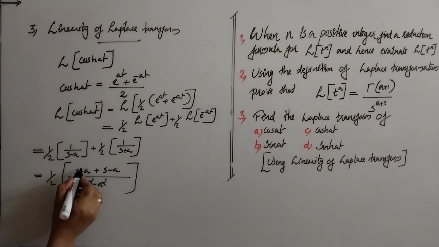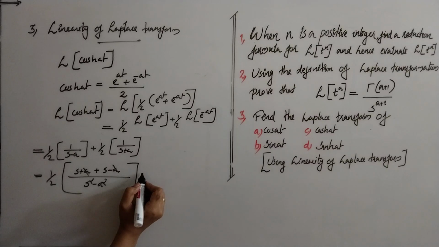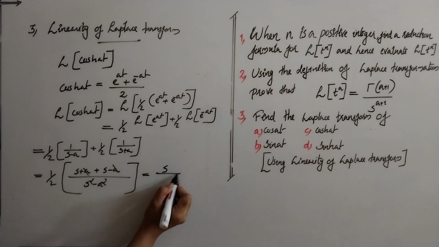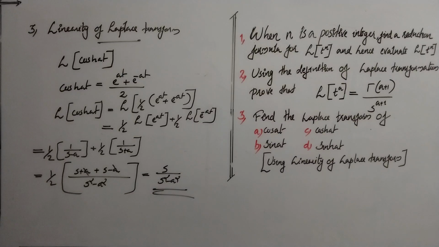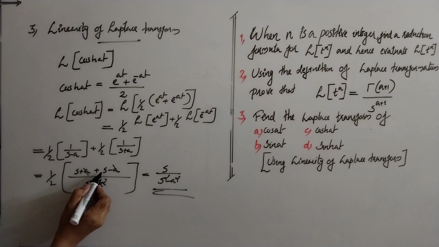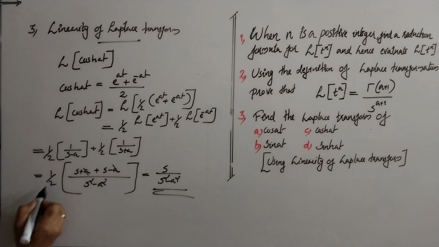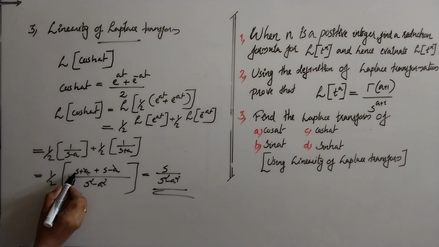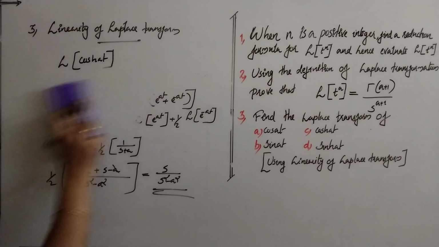So what we get, a will cancel, that is 2s divided by 2 into s square minus a square, that is s divided by s square minus a square. So Laplace transform of cosh at is s divided by s square minus a square. Here s plus s is 2s, and this 2 will cancel each other, remaining is s divided by s square minus a square. The fourth one is